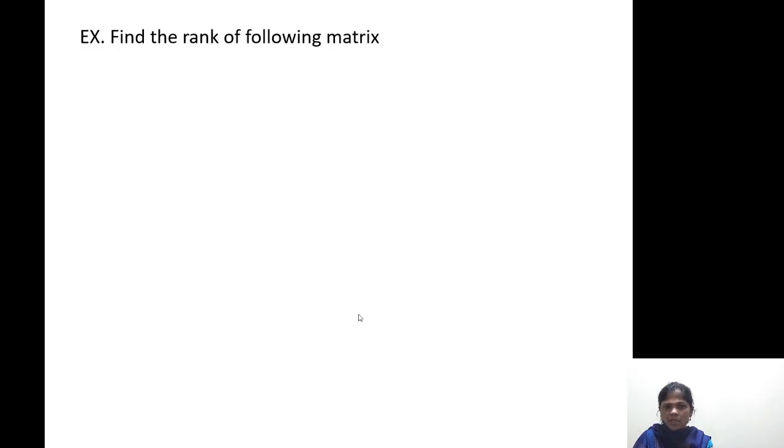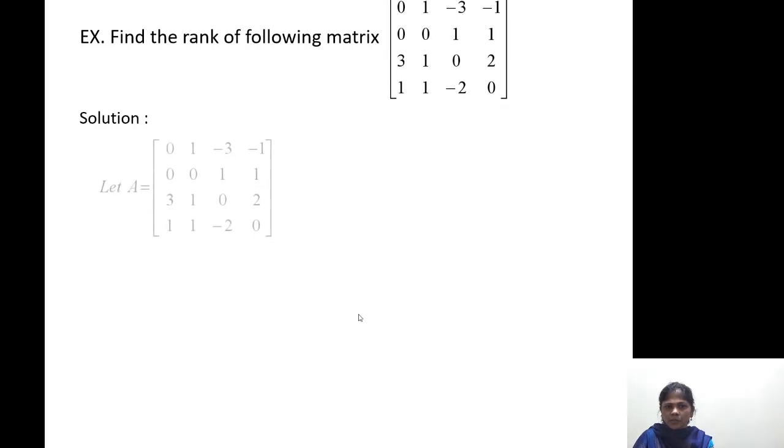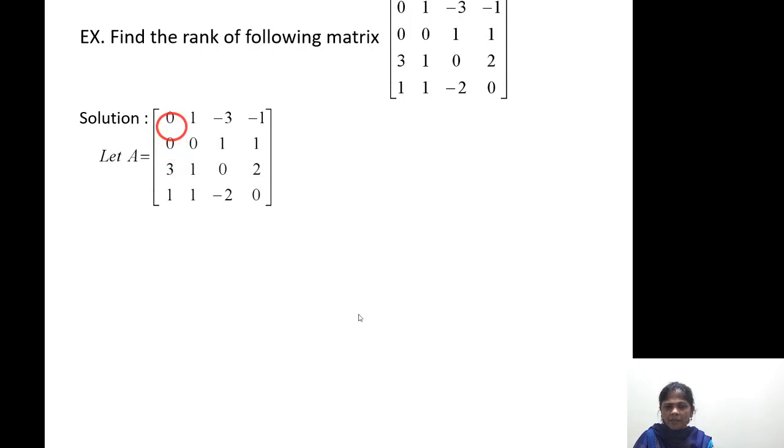So using all these concepts, let us see how to find out the rank of any matrix. So I am considering a particular matrix. As per the requirement, we'll identify diagonal elements. First diagonal element is 0, so let us make it non-zero. I have the choice, either I can interchange it with the second row or third or fourth. But as second has 0, 1, I cannot interchange. Let us interchange it with third or fourth. For sake of convenience, let us interchange it with the fourth one.